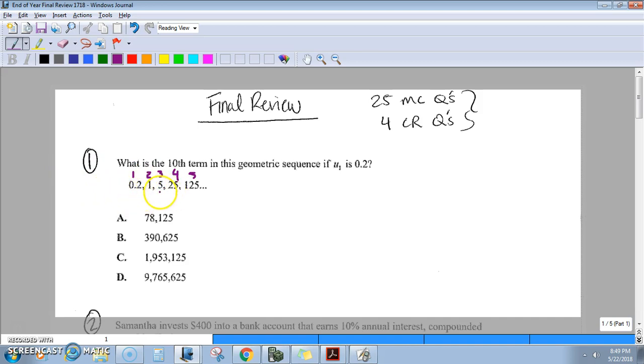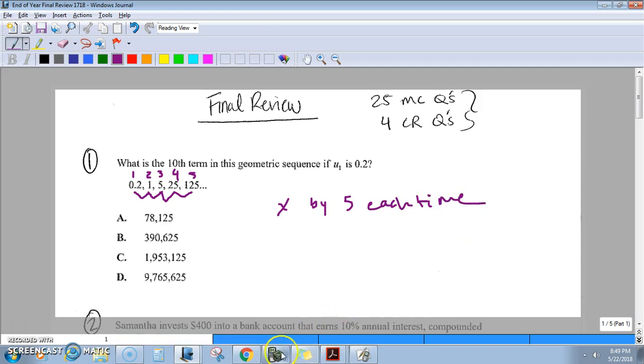Hopefully you can see, sometimes it's easier to start from here. 1 times 5 is 5, 5 times 5 is 25, 25 times 5 is 125, and 0.2 times 5 is also 1. So it looks like we're multiplying by 5 each time. So this is a geometric sequence,